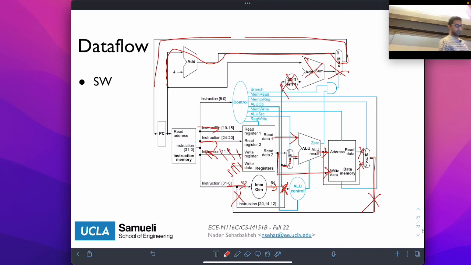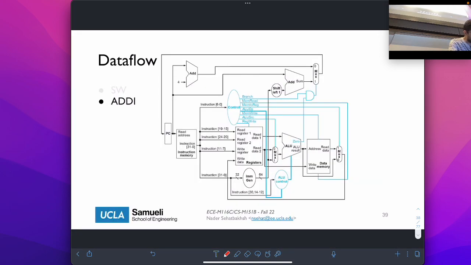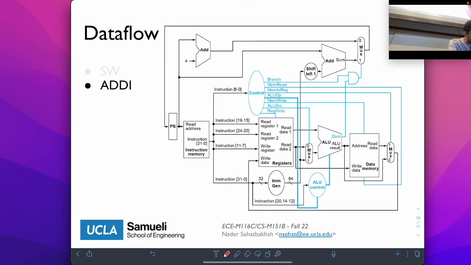Okay, 10% battery. And for ADI, what happens is we go here, here, we don't need this, we need this,